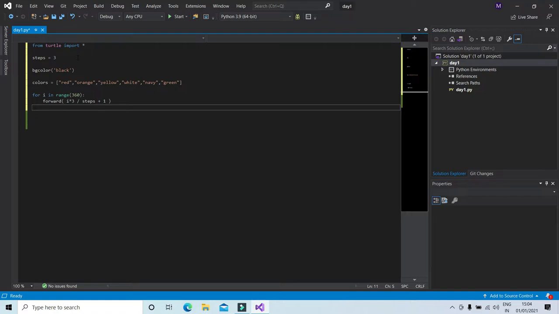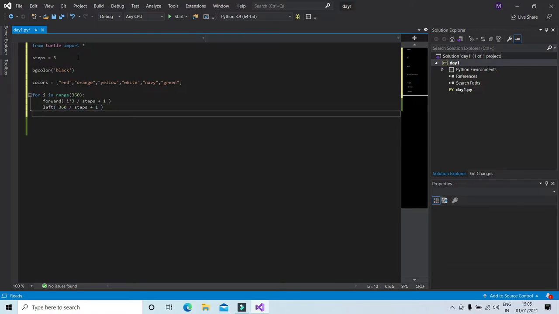And next we'll be using the left function. Now what this does is this rotates the turtle's head in the left direction by a certain angle. So let's say I want it to be rotated by an angle of 360 divided by steps plus 1.